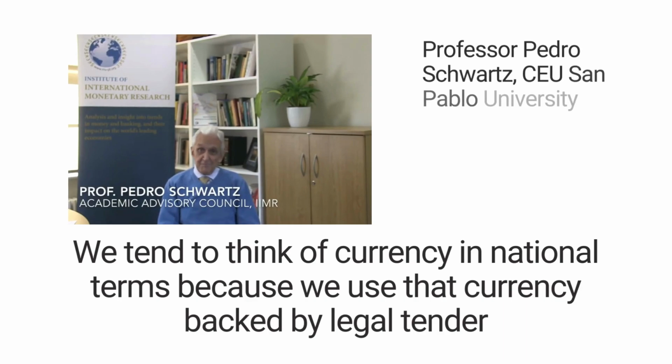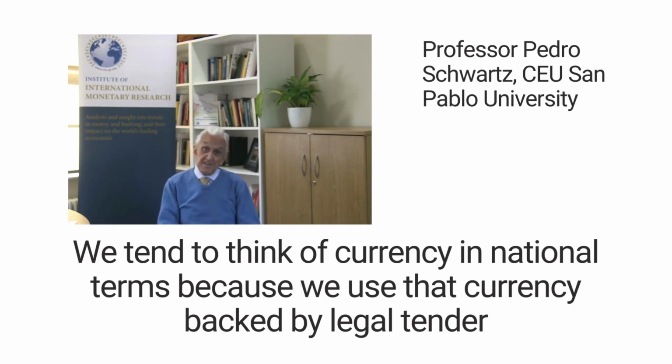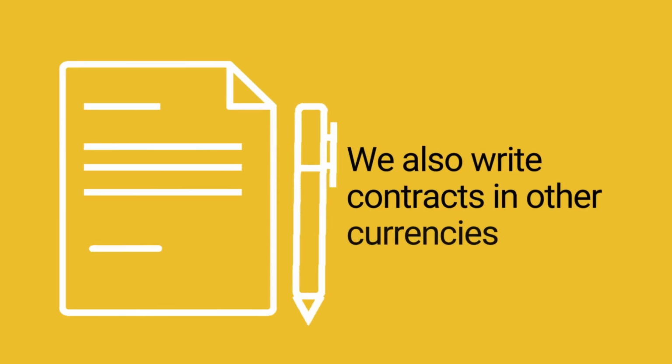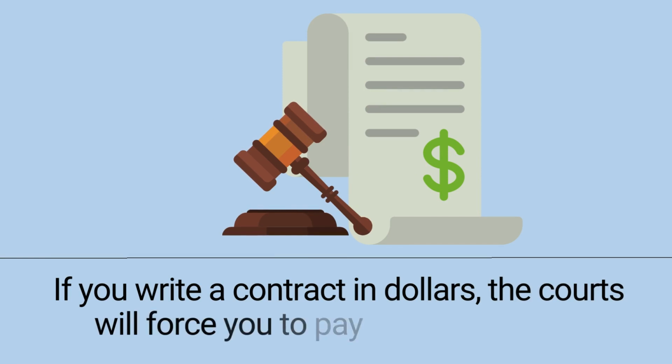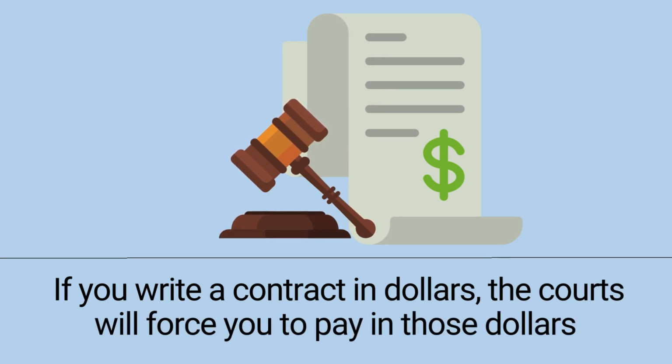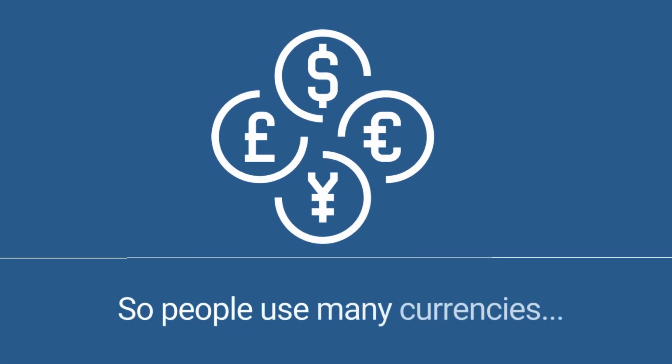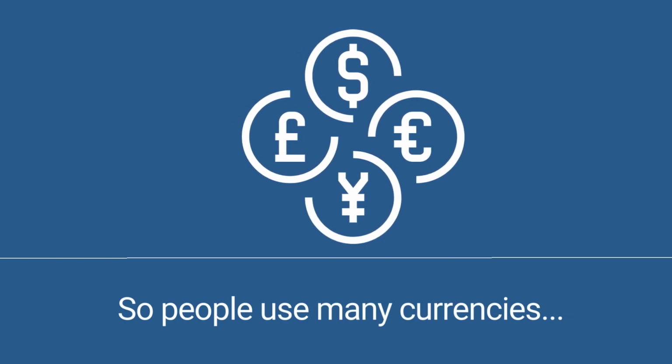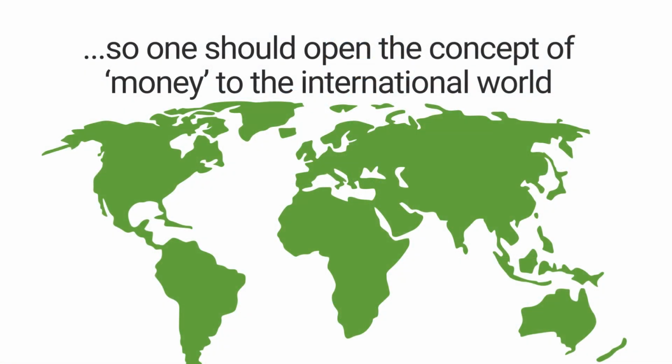We tend to think of money, of currency, in national terms. That is, we use the currency of our country when that currency is protected by legal tender. It is also true that you can write contracts in other currencies. If in Britain you write a contract in dollars, then the courts will force you to pay in the dollars you've contracted. So, in fact, people use many currencies, and one should open the concept of money to the international